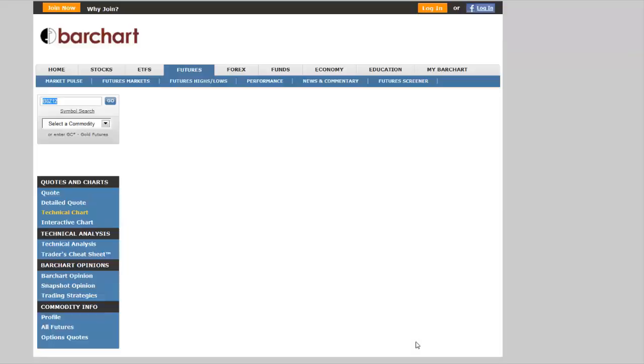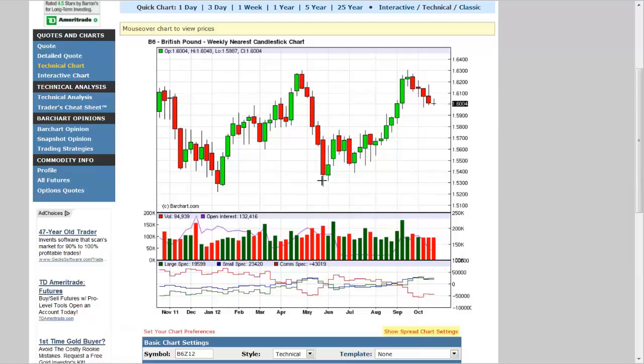And by clicking on the 1 year, we'll see that this red line here delineates the commercial activity. You can see how they rapidly dropped down from net long to net short while the open interest was increasing. So that was a confirmation that we were seeing net commercial short selling. If we see both open interest increasing like this and the red line delineating commercial traders, they went from net long to net short going into May.